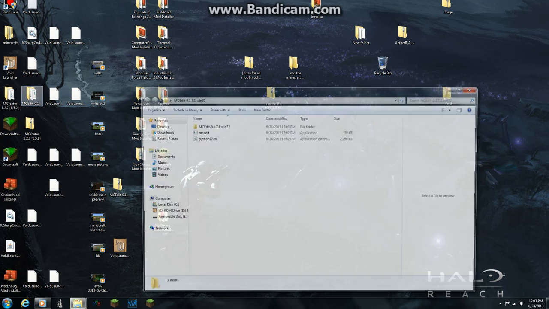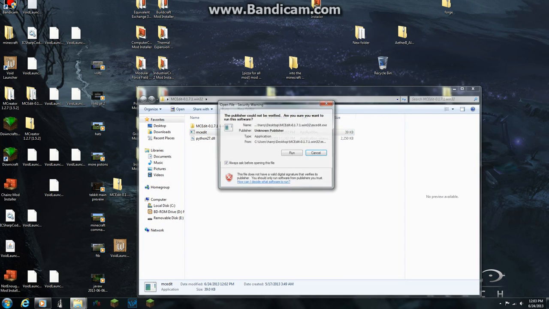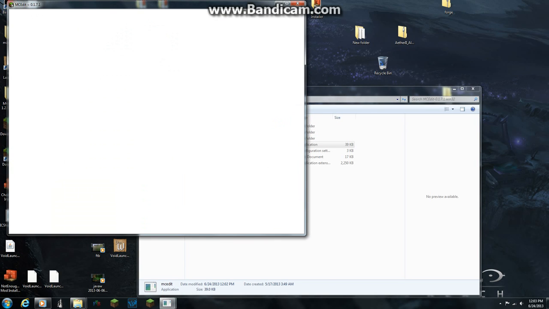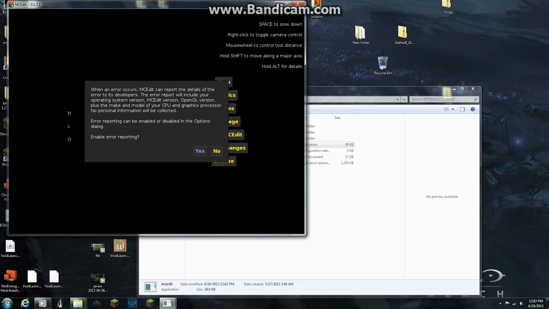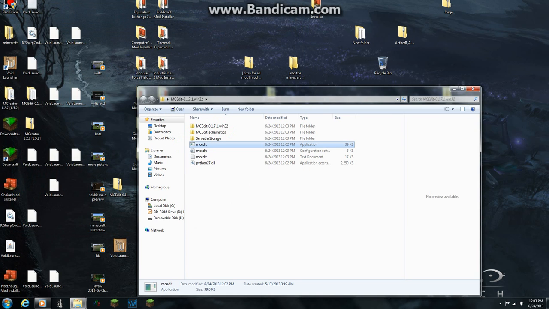So now, open it up, and open this up, just click run, then MCEdit will begin. And click X, and we'll exit out of that.